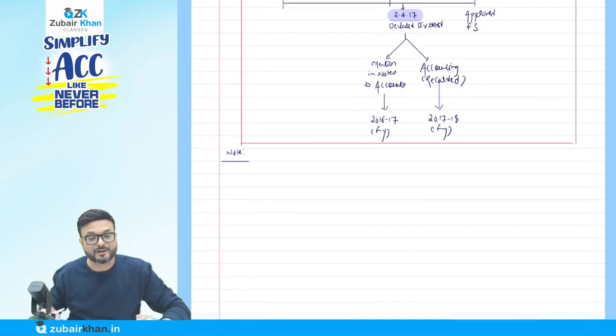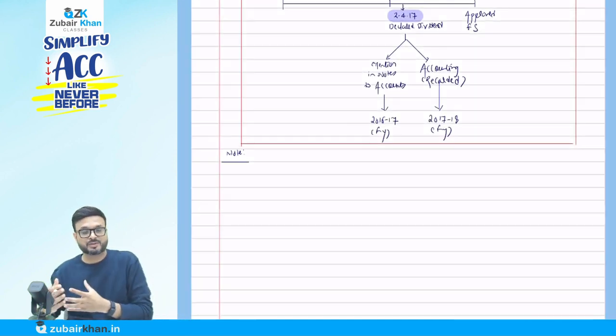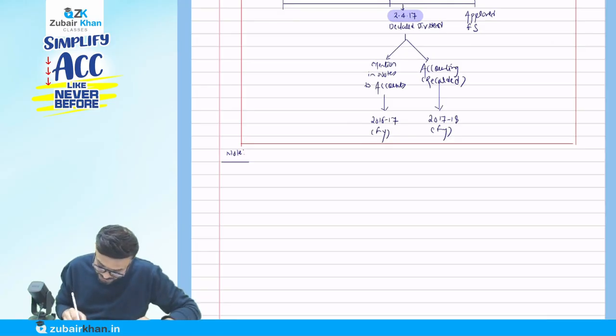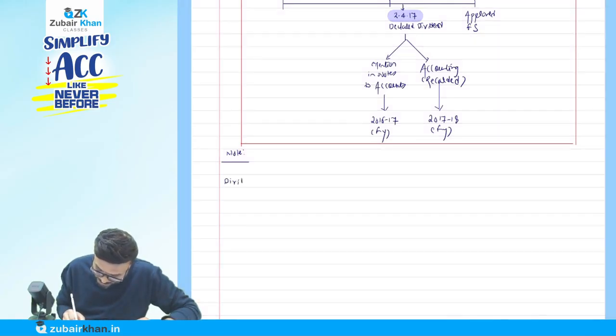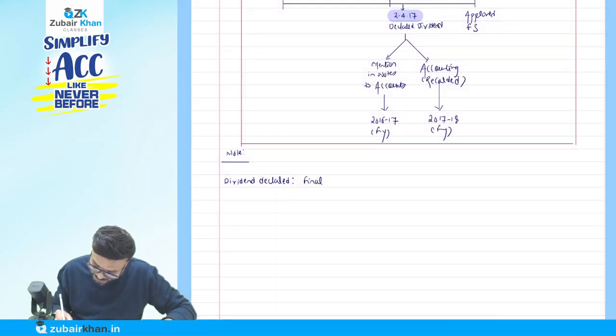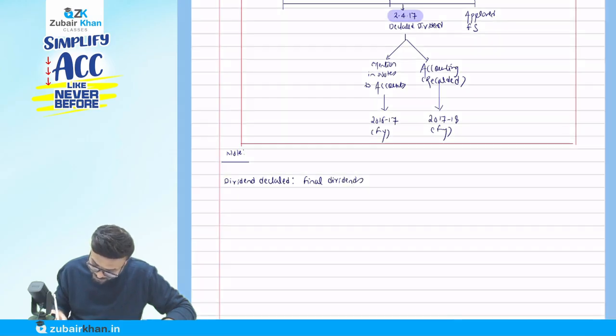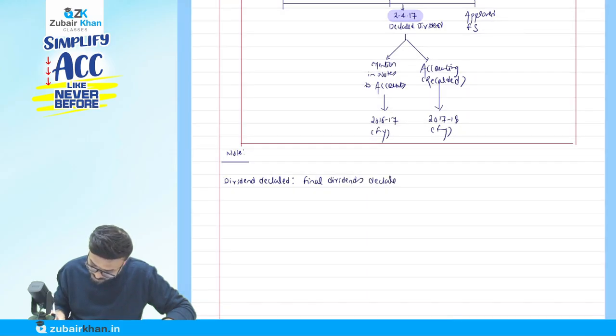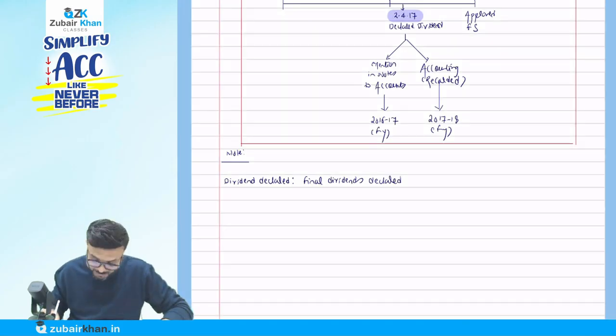Now write a note, because we are at 31st March, so we'll write in note. Write it down: the note, dividend declared. You can give the heading like that. Dividend declared. Now write down there: final dividends declared